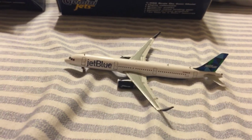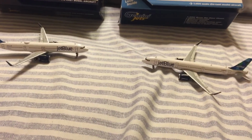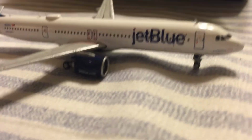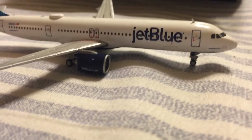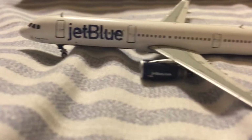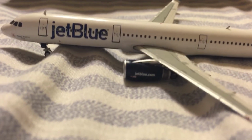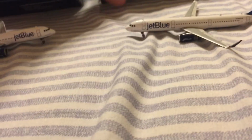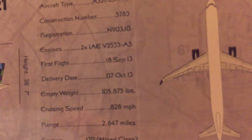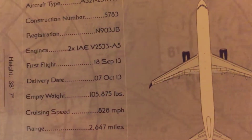Now, of course, let me tell you engine sound-wise what makes these engines sound a little different. What you're seeing over here is that a Neo engine is looking a little bit larger than the standard regular Airbus engine. Now, here's what we call these. On a standard Airbus A320 family aircraft, we call these engines IAE